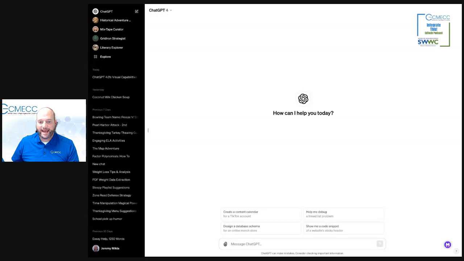and we're going to do a little search here where we attach with the paperclip that you see in the bottom left of that search bar. Make sure that you are in ChatGPT 4, because if you're accidentally in 3.5, you're not going to have that little paperclip down there, and it's going to be rather hard to attach your image. So I am in ChatGPT 4, and I'm going to click on this paperclip icon that I see there,